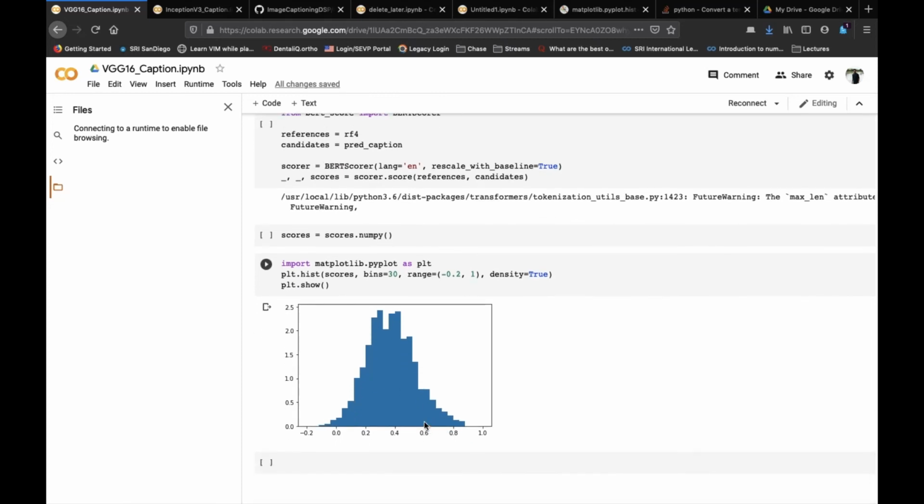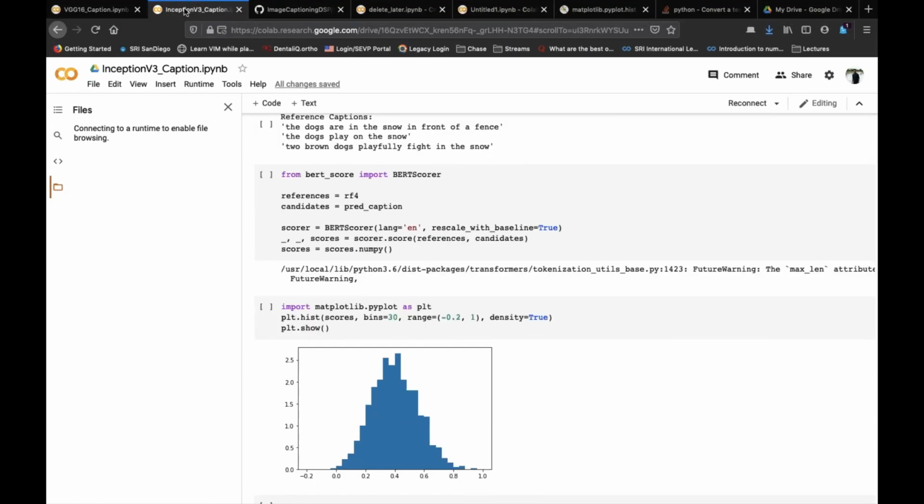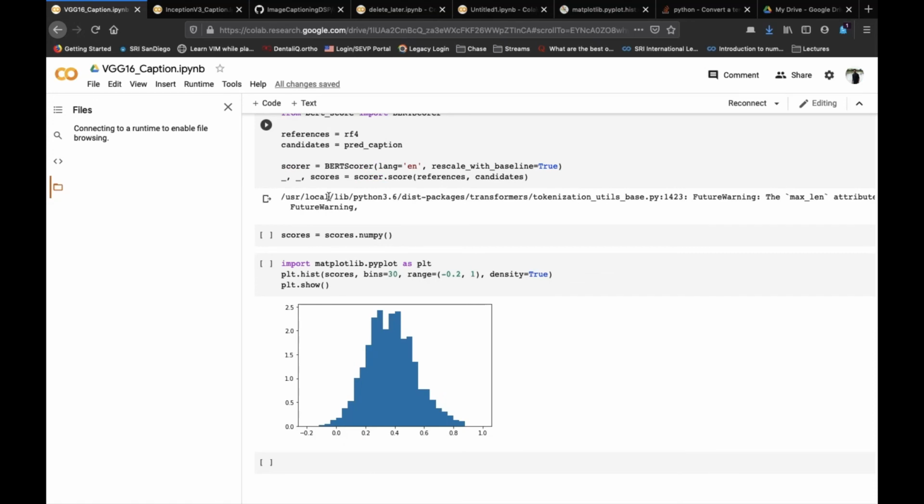And if you see, although they are very comparable results, the number of higher values are considerably lesser for the VGG backbone as compared to the Inception. If I quickly switch back, you see this here, and you see that there are more number of values and some values even closer to 1. So which makes us think that Inception as a backbone is doing a better job, and we may be able to show this better with a larger data set or with more amount of training. And the rest as explained in our report, and thank you so much.